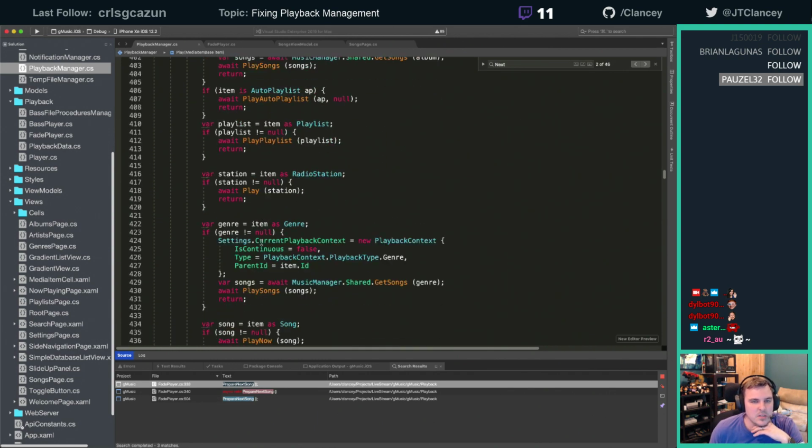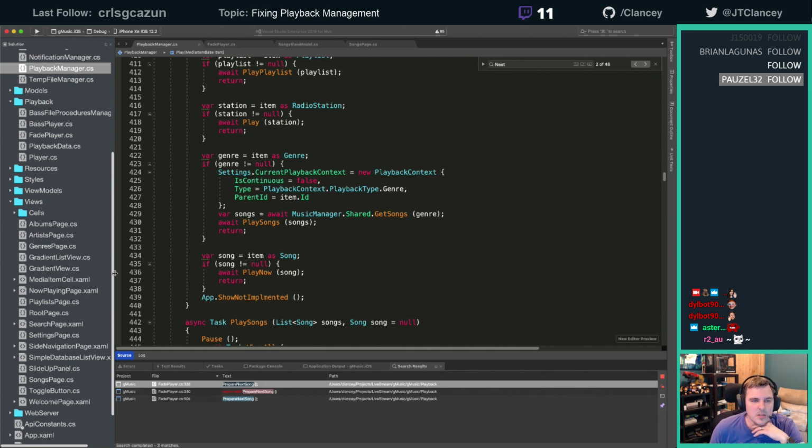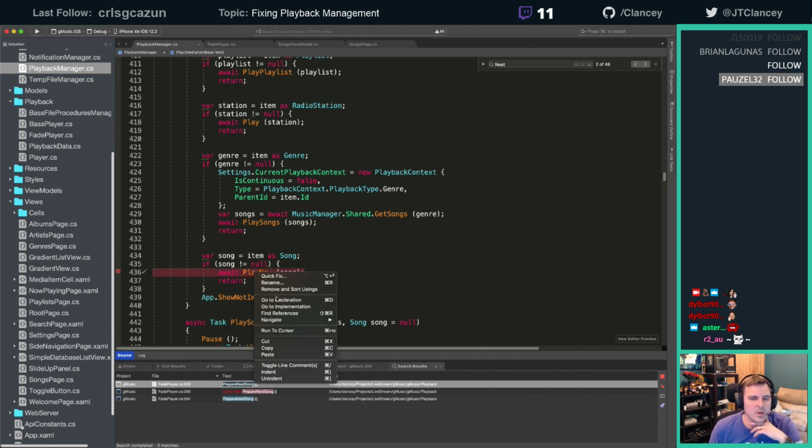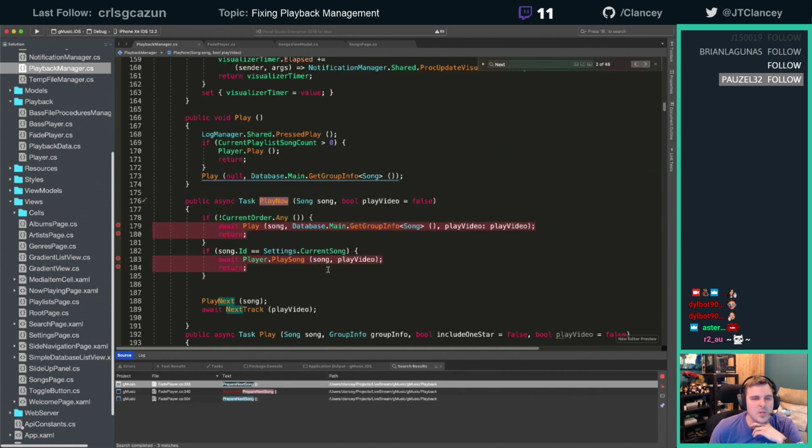So if we go down to the song, if it's a song, right here, this is our path that should hit. We're going to put some breakpoints in here. We'll go to play now. Play now is going to check the current order, see if there's stuff in there. If so, set it up. If not, continue on. The reason is we want to, if you have a current playlist going, so let's say